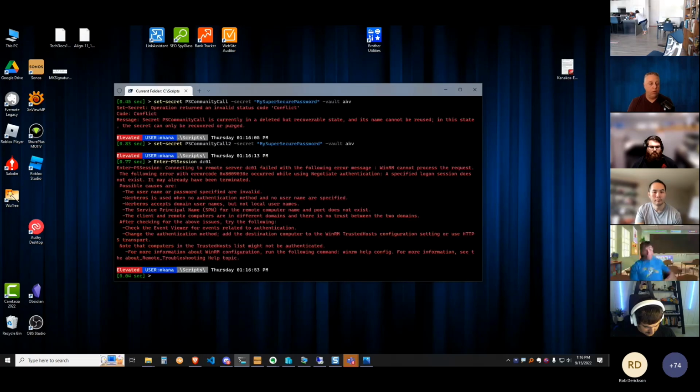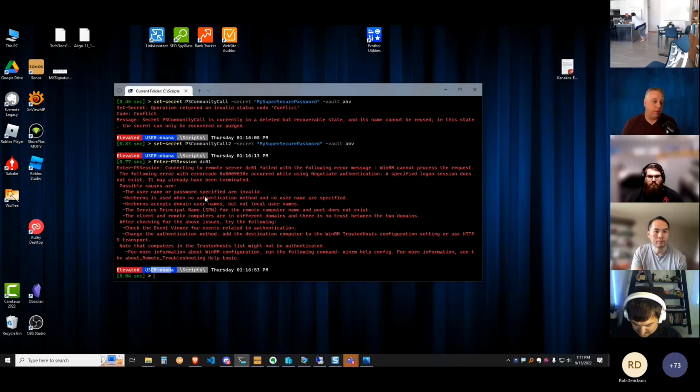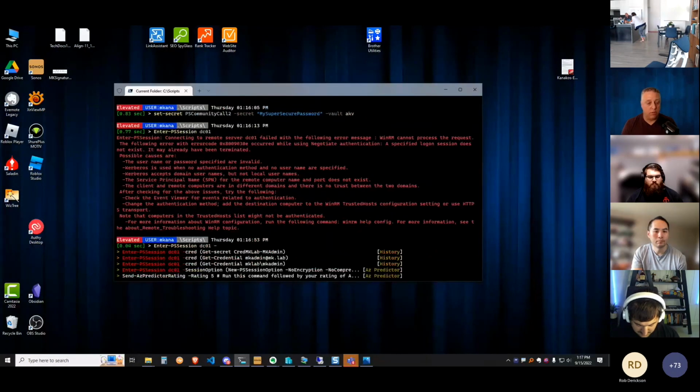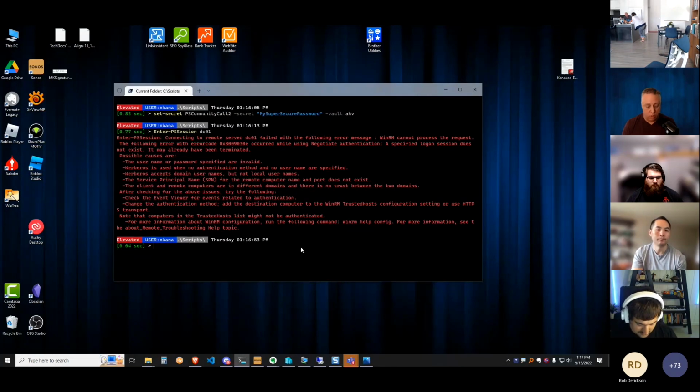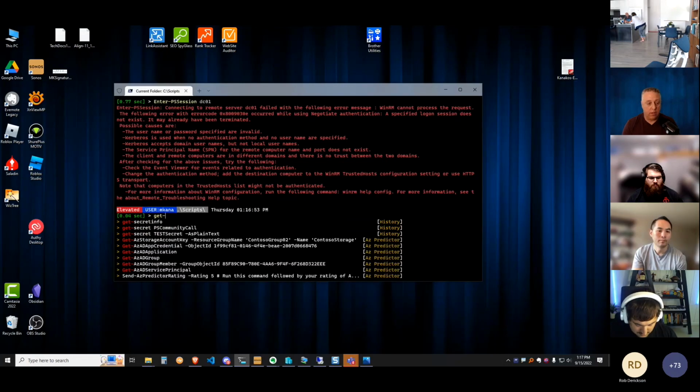If I try to do an NTPS session to this DC, I can't because I'm running with my standard user account that doesn't have any rights on this domain on this DC. But I can authenticate with an alternate user by using the credential parameter and pulling in a secret from my vault. And so just to recall here, get secret info,